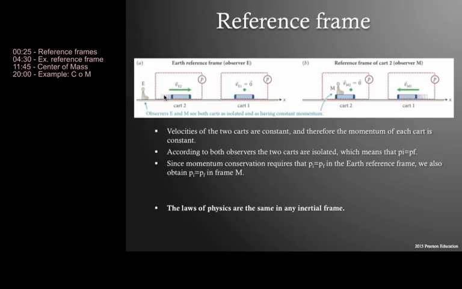Until now, we've considered collisions where the observer is at rest. And then we considered what was happening in the collision. This car looks like it's moving at this speed, this car was at rest, and we ask, what happens after the collision? But our observer doesn't always have to be at rest. We could be observing this collision from inside the car. Then car 2 would look like it was the one at rest, and car 1 would look like it was approaching.